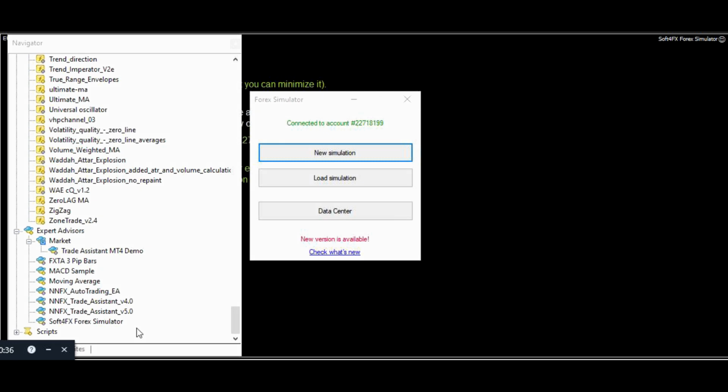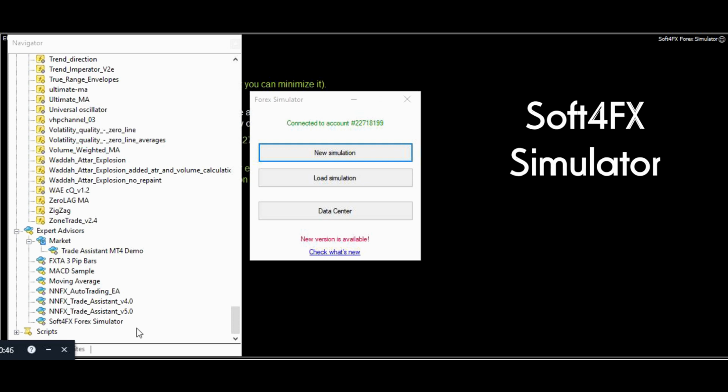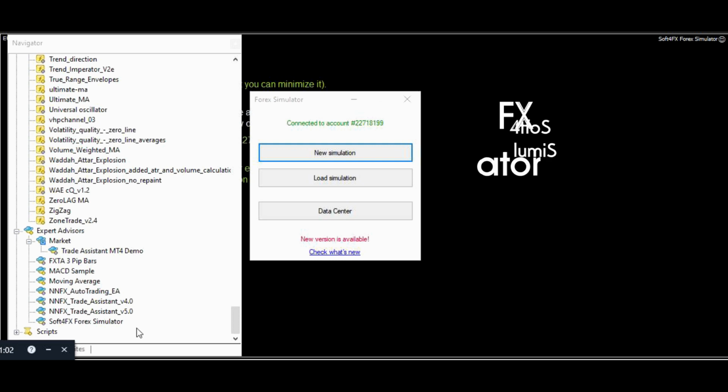Now, I know that they have a free version of this, and honestly, I didn't even mess around with it. I just went ahead and purchased the software package. It was $99, and to me, it was worth every penny because it helps me stay more honest. And it gives me a lot of really good information that I probably wouldn't be able to get on my own. And honestly, I haven't quite figured out the whole strategy tester thing yet in MetaTrader 4. So disclaimer there. But I did purchase it. Again, it's called Soft 4FX